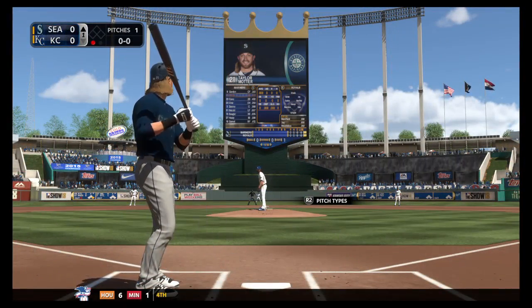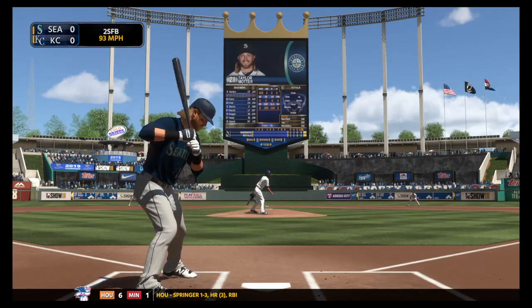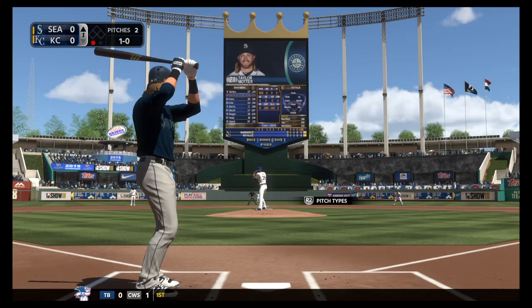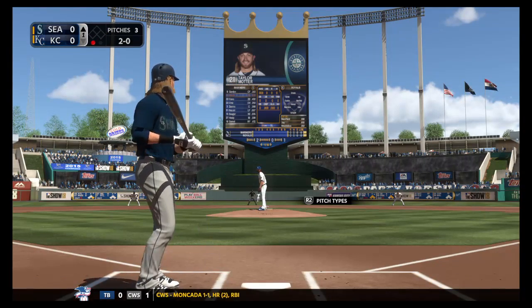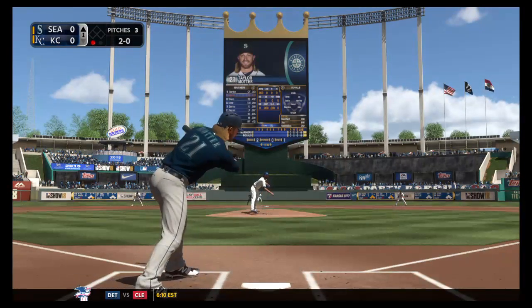Taylor Motter steps into the box. He's ready. Here's the first offering. And that one just missed outside. Now the 1-0 is a slider that backs up for a ball. Hamill, a veteran at 35 years of age. He's a veteran of 13 years at the major league level, which really points to the consistency he's shown since